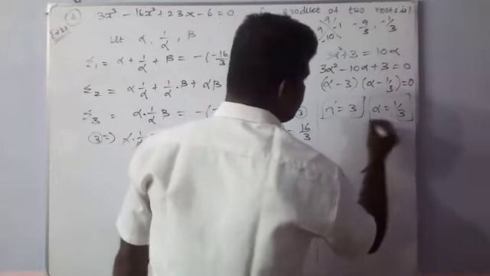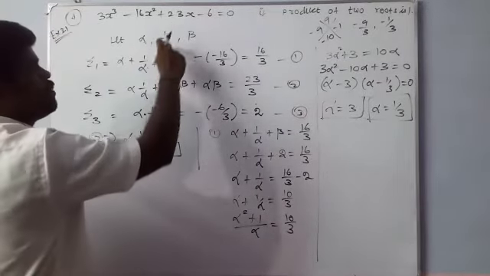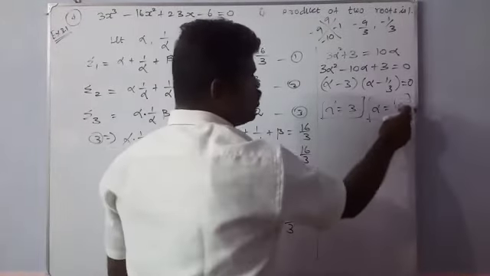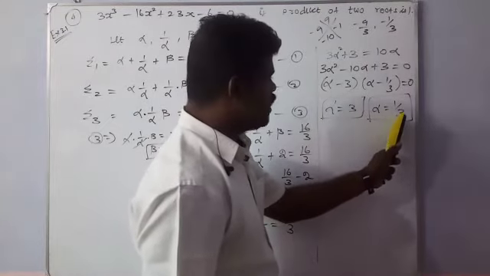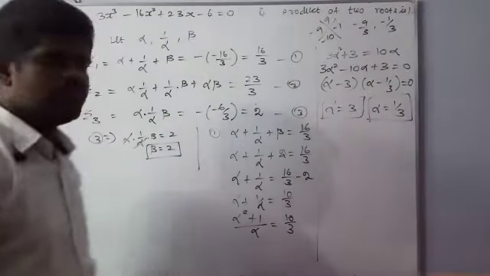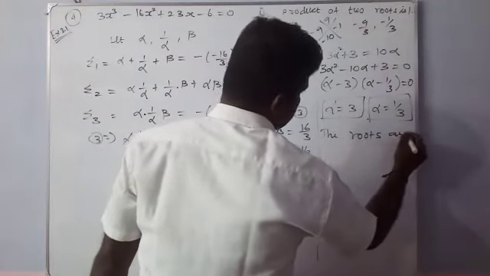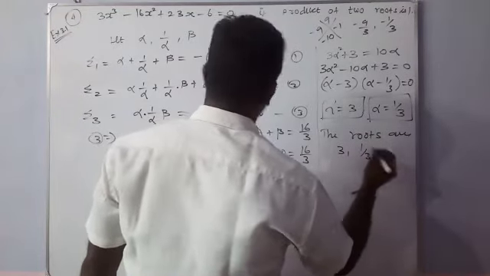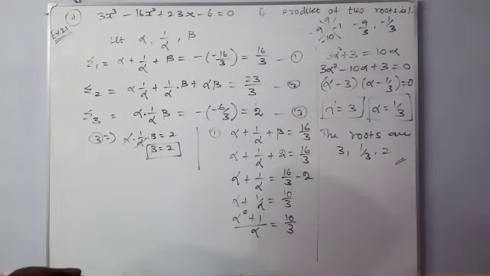Which are the values of alpha? Let us take alpha and 1 by alpha, which is equal to 3 into 1 by 3. If we take the product of these two roots, multiply 3 into 1 by 3, the answer must be 1. This is the given condition. Therefore, the required roots are 3, 1 by 3, beta value 2. Okay? Right. This is the fourth sum. Refer to this one. Right.